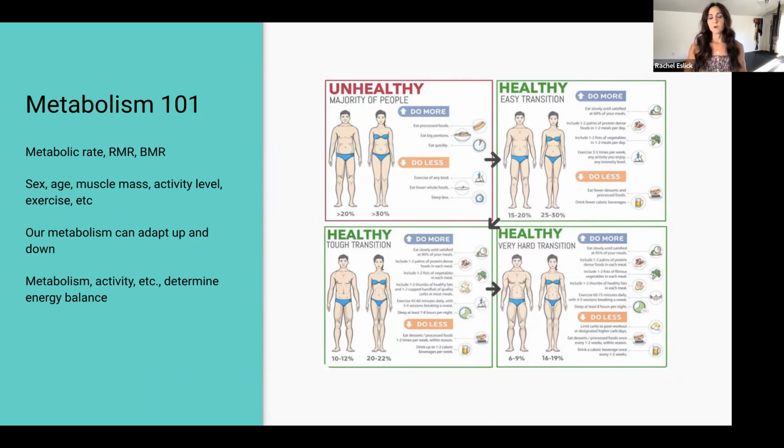But for most of us, if we're sitting for males at over 20% body fat, or for females at 30% body fat or higher, there are some simple things we can do to transition from unhealthy to healthy, or even healthier, before we get into that super ultra lean, ripped body look. So I like to show this as, what are you willing to do? Because we could get you to wherever you want to be, but it gets harder and harder the less fat you have to lose, or if you've already dropped your calories super low, or you're already working out for 50 hours a week, etc.